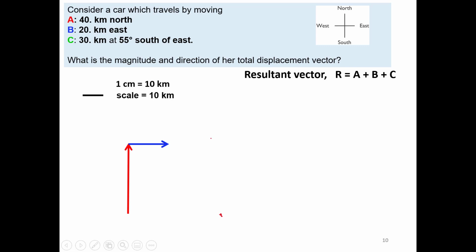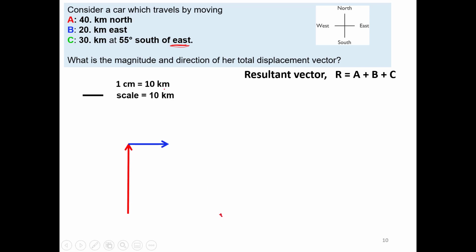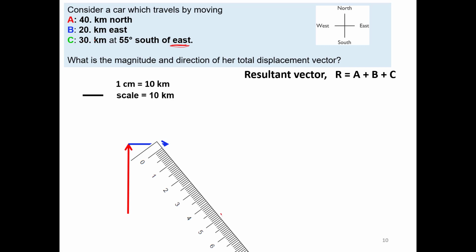Then remember what we did before. This means we need to measure 55 degrees, but we need to start from east. And here is the east, 55, and we just mark here. This is the direction. In this direction I want to draw the vector. And now I know the direction. Now I will use the ruler to draw the vector